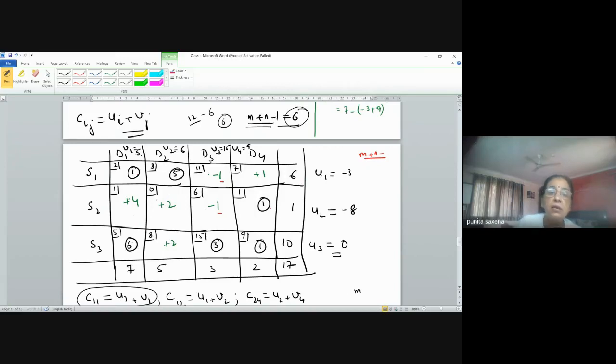So obviously one of the cells not occupied so far will become occupied, and one of the occupied cells will become unoccupied. In this case both are equal, so I'm randomly choosing one of them to enter the basis. We'll choose one of them to be the starting point. We attach a plus sign to it because we have to allocate something to it to make it a basic cell. So some allocation needs to be made here, which is why I'll mark it with a plus symbol.